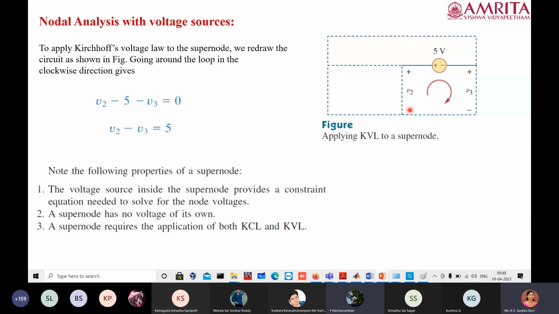Now we assume the polarities plus and minus according to the direction of current we choose. That's it, right? No, it is not according to that. Current is going down, so plus minus, we can't take like that. Current we are fixing after this only, right? See the previous circuit. I'll show the previous one.